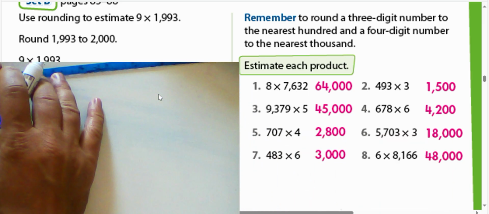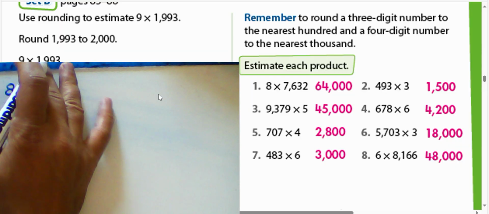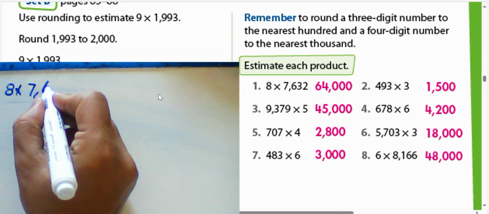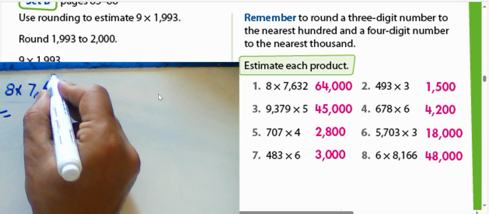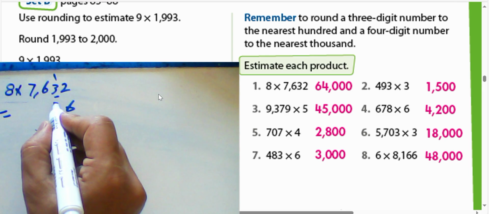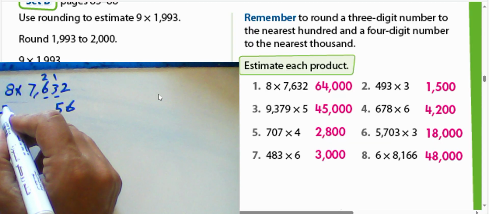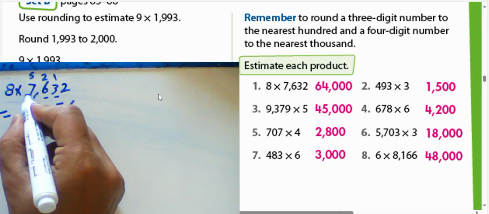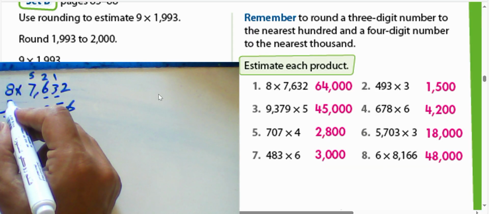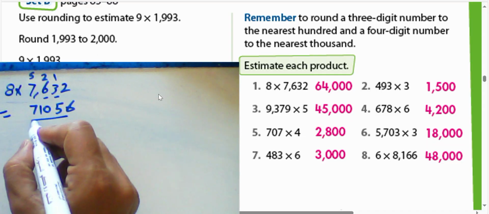Times 7,632. 2 times 8 is 16, write 6 and carry up 1. 3 times 8 is 24 plus 1 is 25, write 5 and carry up 2. 6 times 8 is 48 plus 2 equals 50, write 0 and carry up 5. 7 times 8 equals 56 plus 5 equals 61. This number,